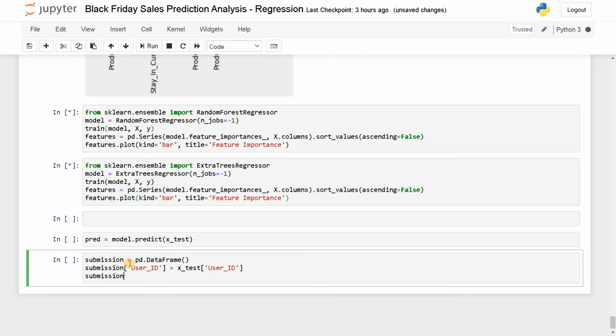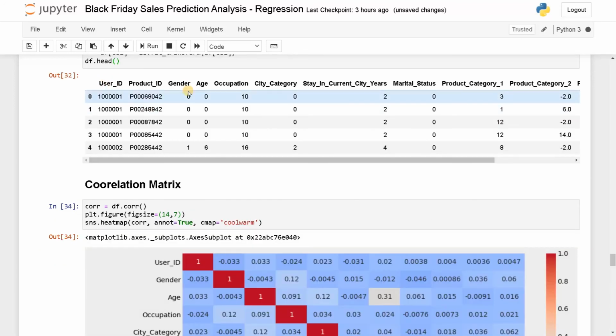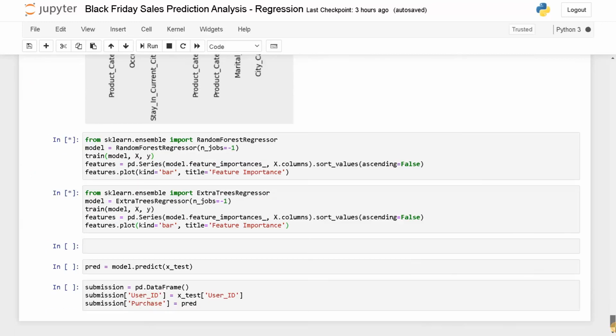So submission of purchase equals prediction. The prediction variable will have an array of values. This will add it to the data frame. If you display the values, it will look like this data frame. So this will have user ID and the purchase, the amount the user purchased. So like this, the submission file will look.